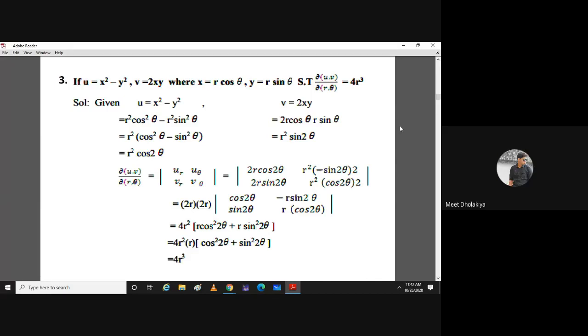Sir, how many questions in total? Total 15 questions of 1 mark each. Sir, how long will the exam be? 30 minutes. The time mentioned in the timetable is 9 to 10, but each student will get 30 minutes. Sir, the tutorial questions were for 5 marks. Will the questions be at that level? No, how is it possible, the time is less. Sir, can we study from the PDFs we have done in class?